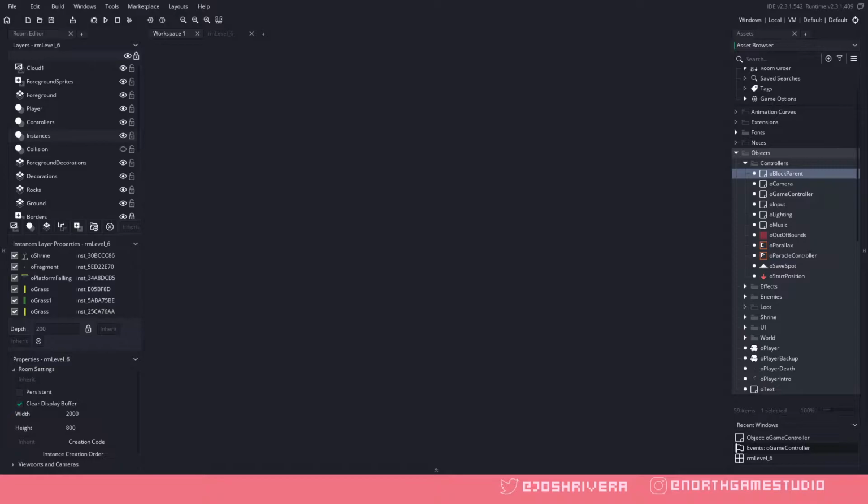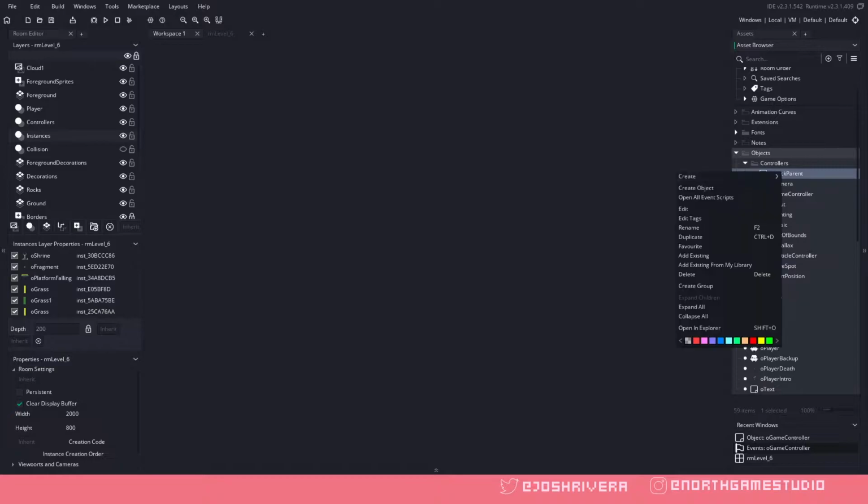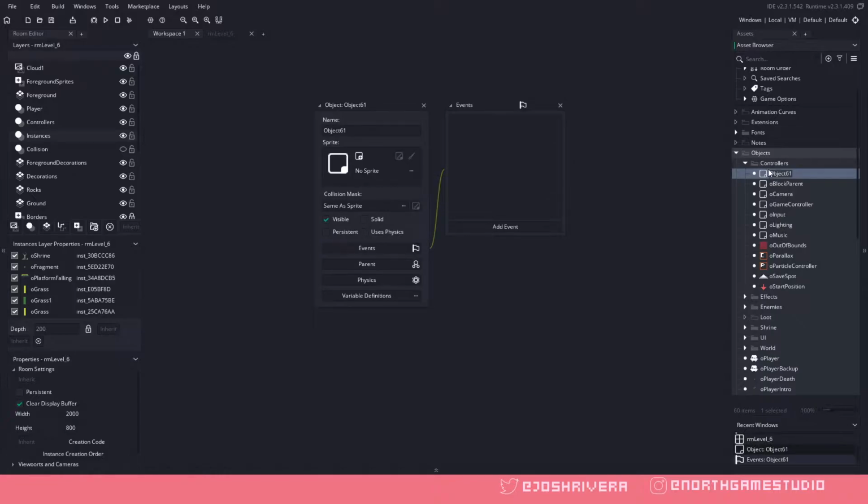All right, so we're going to start by creating a pickup controller, and this is going to be a simple object. I have a controllers folder. I kind of like to put all my different controller objects in here, and this is going to be no different. We're going to call it O pickup,